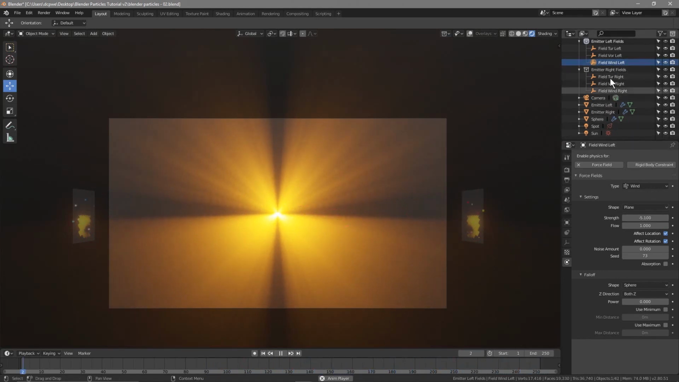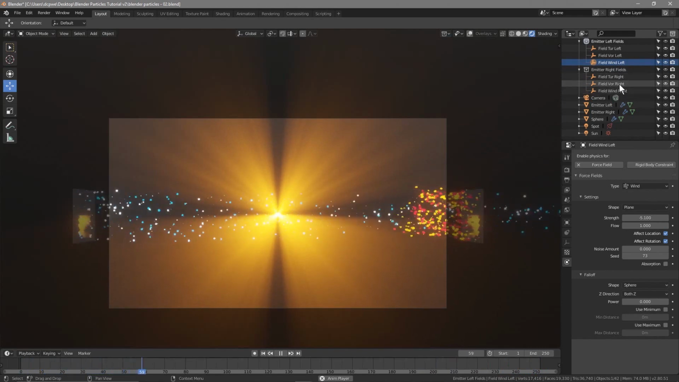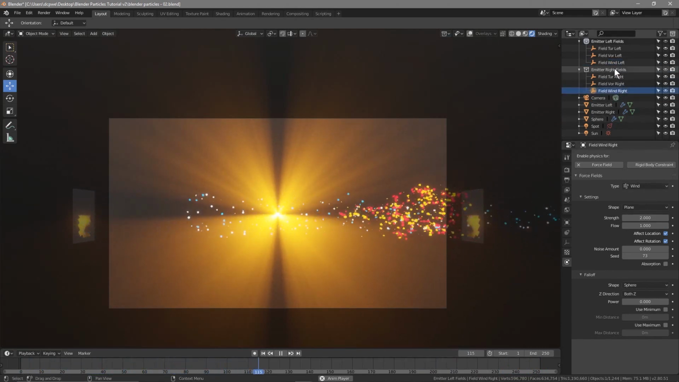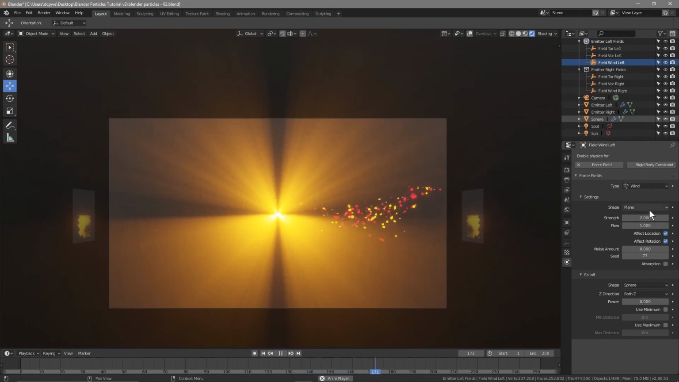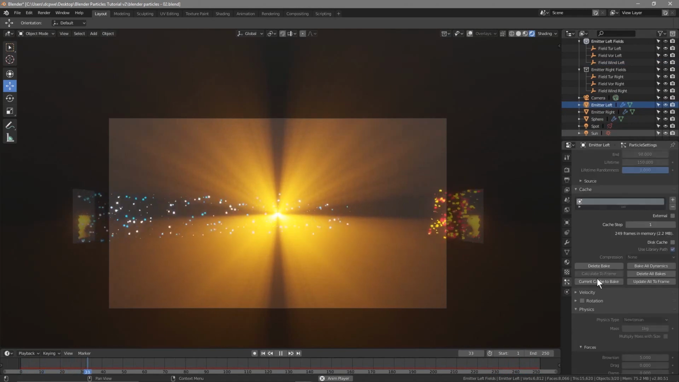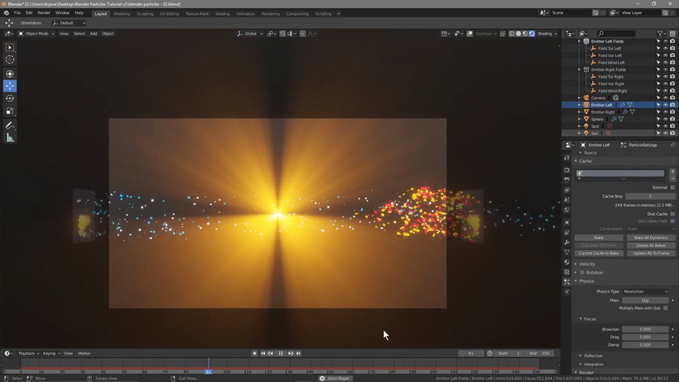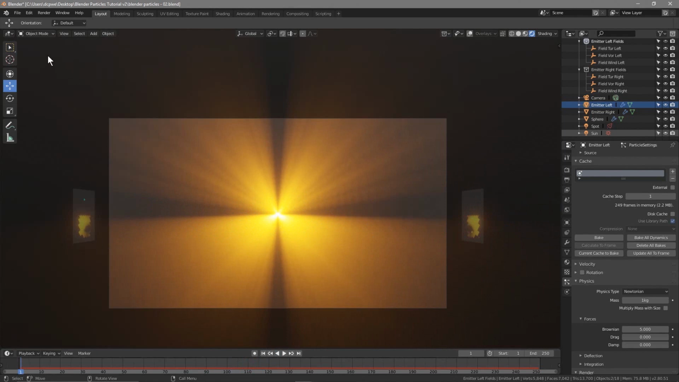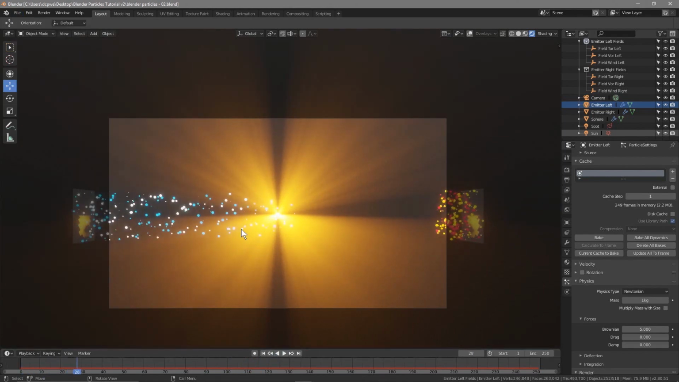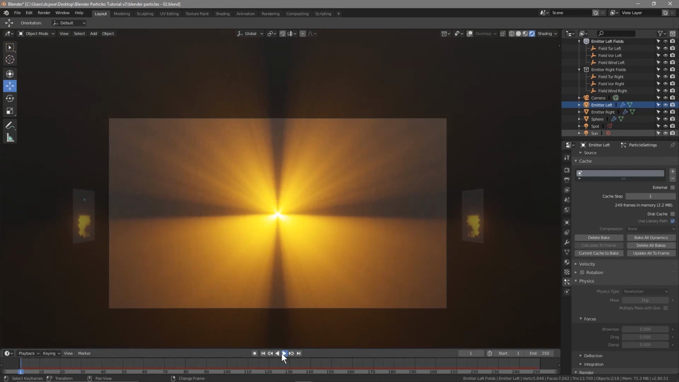So let's set it back to what it was. It was field wind. The right one was 2, so let's set the left one back to 2. And then go to the left emitter, go to the particle settings, delete the bake. Let's just go back. Let's go File, Save, Play. So it's still playing fast. So let's say you need to clear the current cache to bake, right? So if you clear this and go back and play,